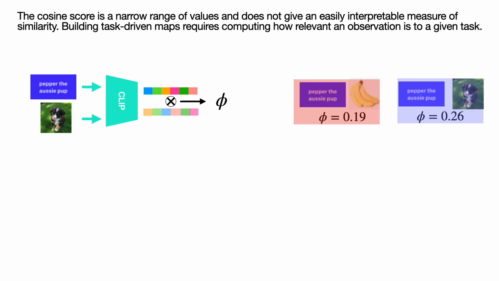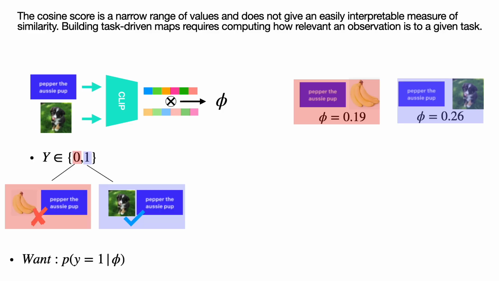To address the first problem, we confront the issue that the cosine score is typically a narrow range of values and does not give an easily interpretable measure of similarity. Building task-driven maps requires computing how relevant an observation is to a given task. Treating relevance as a binary variable, 0 if irrelevant, or 1 if relevant, we desire the probability of relevance given